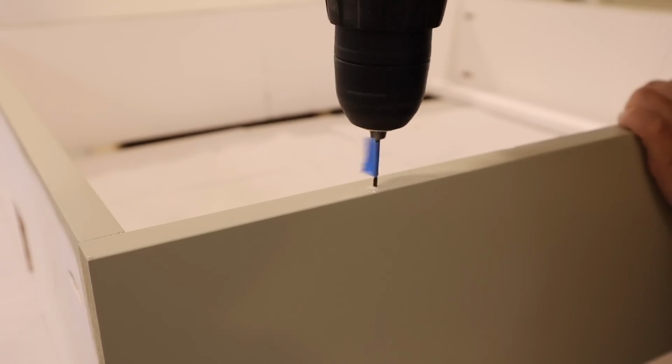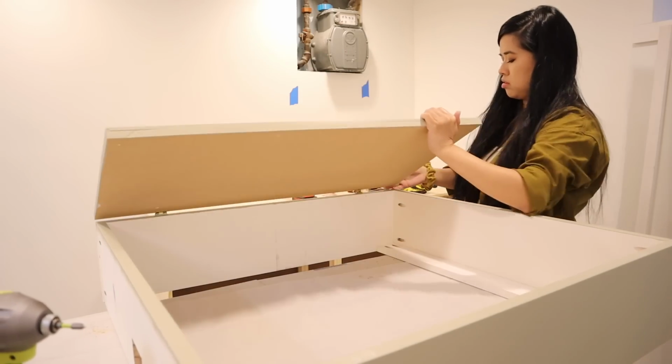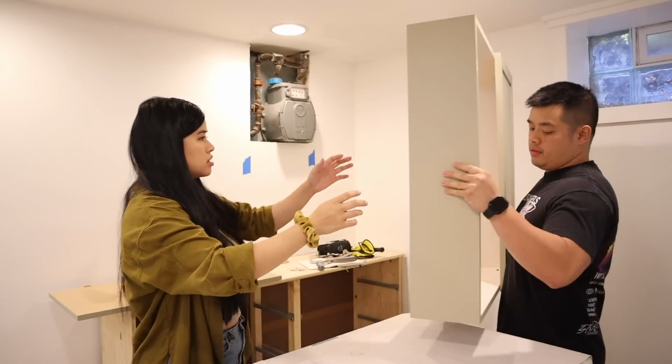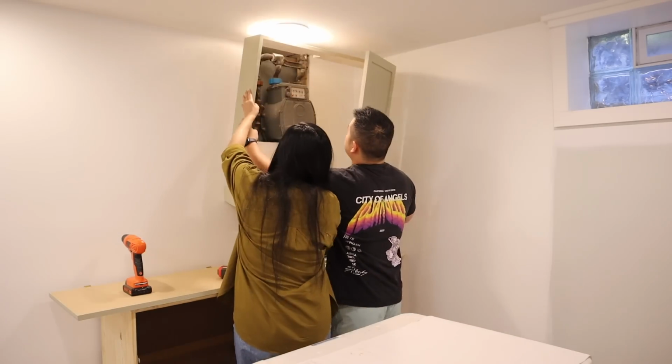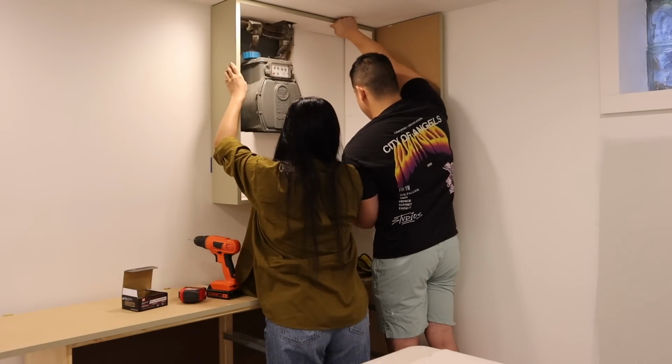I ended up just attaching one of the doors on first just so that it would be easier to install. So I got Brian to come and help me put the cabinet onto the wall. We just screwed those into the studs to keep it in place. I was just getting so excited at this point, but I do need your help on the next phase of